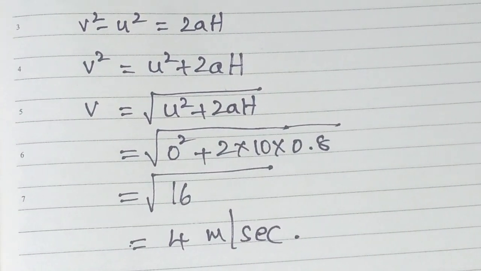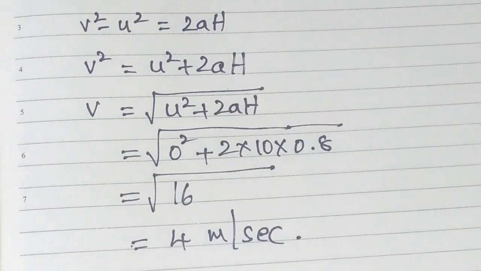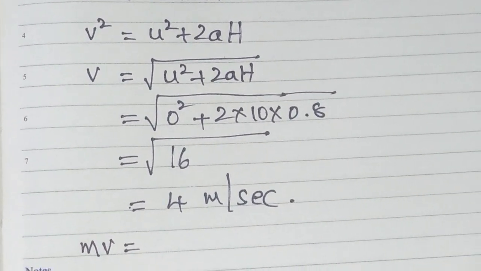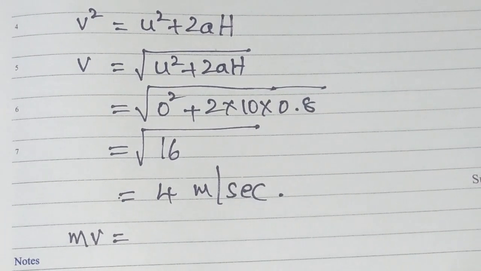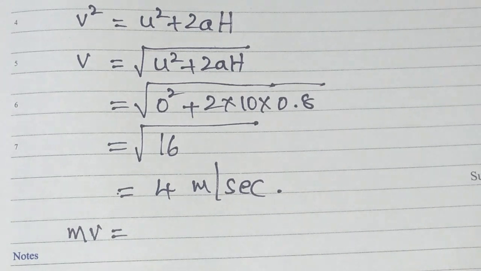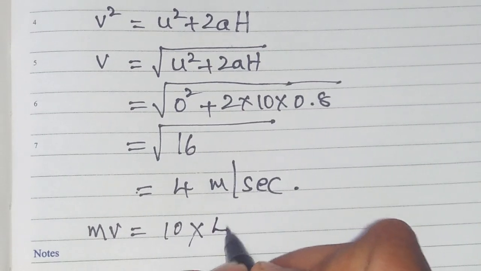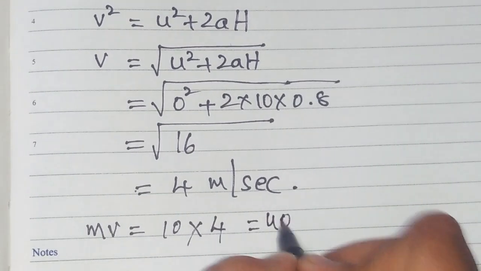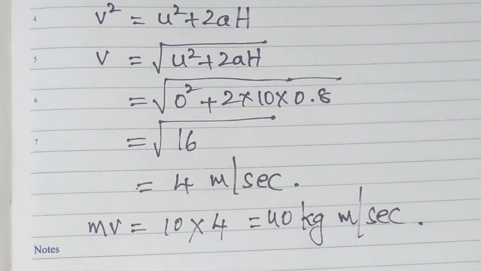Now what we have to find out is the momentum transferred. What is the momentum here? Final momentum is mv. Anyway, the initial momentum is 0, because it is not having any velocity in the starting. The u value is 0, so mu also will become 0. So the momentum transferred, mv, is equal to 10 kilograms into 4, the final velocity that we got. That is 40. What units do we have to write? Kg meter per second.